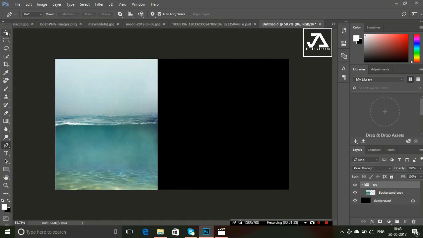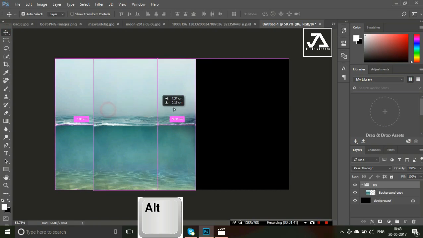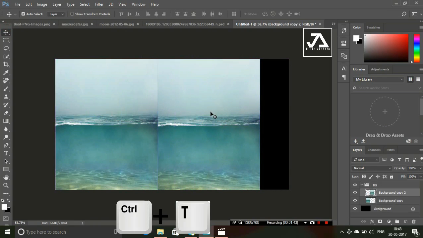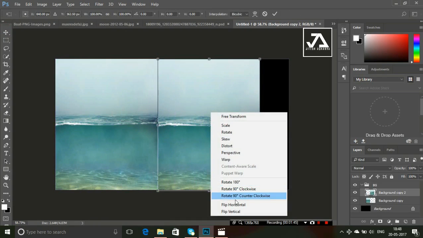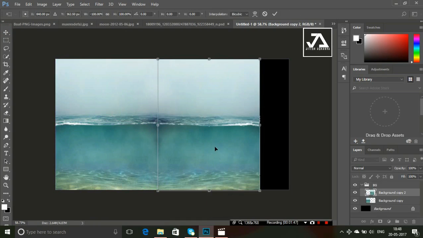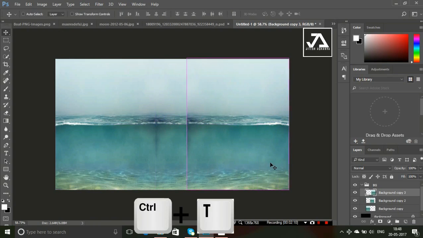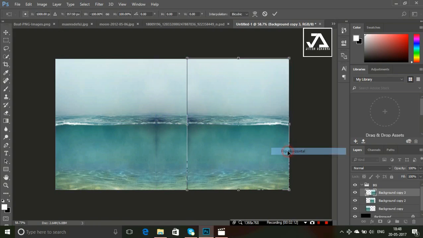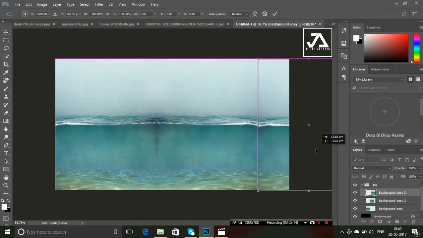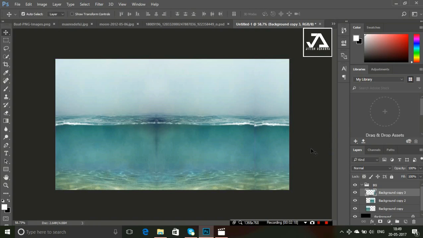Now select the move tool and drag that underwater layer to the right while holding the Alt key to make its duplicate. Flip it horizontally. Again do the same to fill the background completely. Now close the group